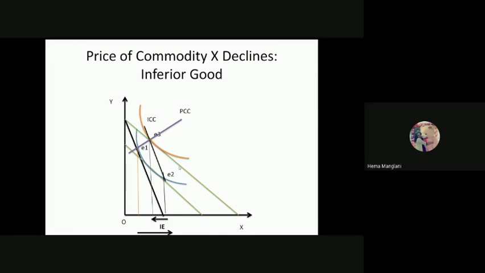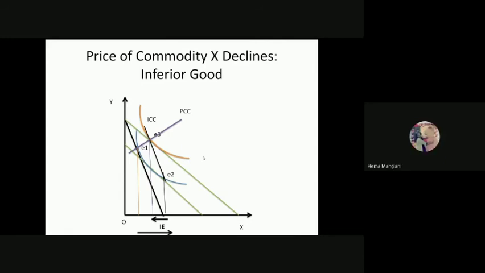And at the same time, because it is an inferior good, income and consumption of that commodity have an inverse relationship. So the consumption of commodity X is declining, because your consumption at the substitution effect was this much, and now your consumption of X is less. So you reach from E2 to E3, which shows only the inferior good effect, but it doesn't show that your demand curve is upward sloping. The demand curve shows the relationship between only price and the commodity's consumption.